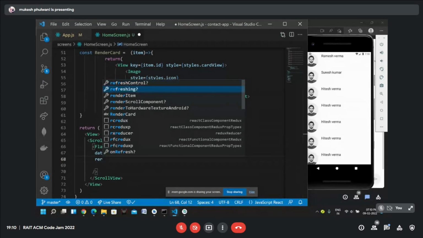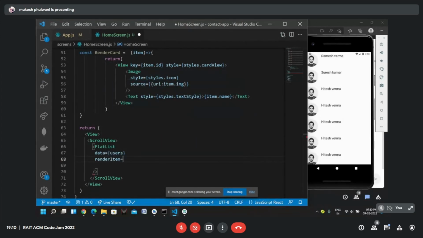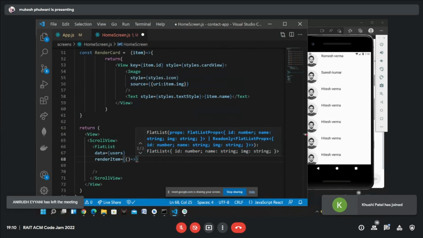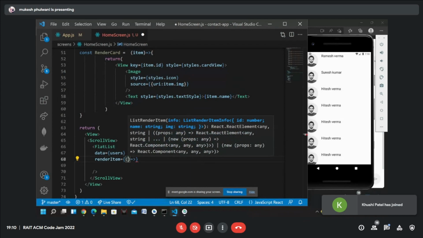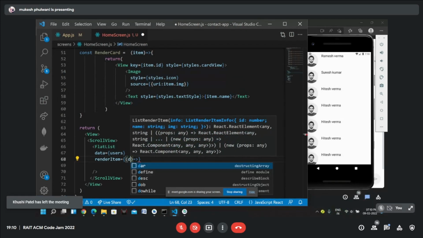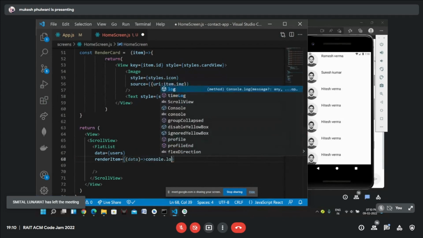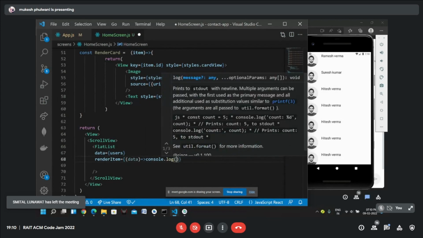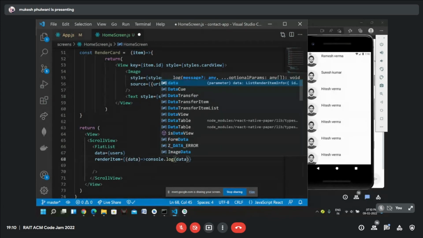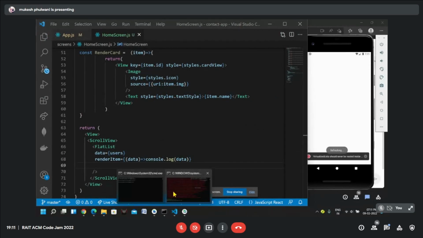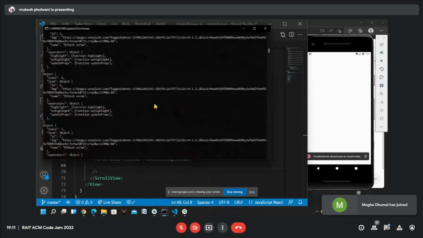It has renderItem as a prop, and renderItem takes a function. We can give any argument to this function, let's say data. First of all I'll console.log data to see what we have in it. We will get an error if we save it, but in the console I should be able to see the data at least.